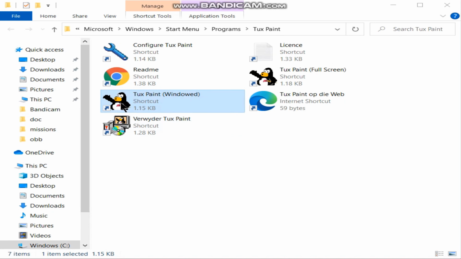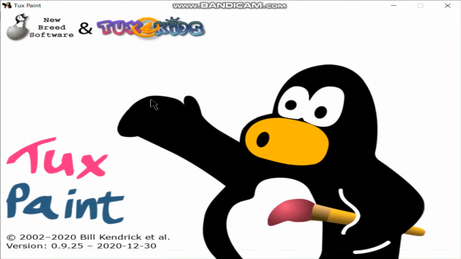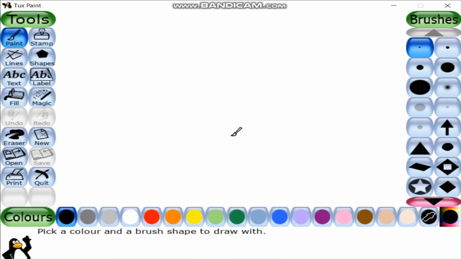Children, the Tux Penguin is the app icon of the application TuxPaint. When the TuxPaint loads first, a title screen appears. Once loading is complete, press any key on your keyboard or click on your mouse to continue. Otherwise, the title screen will go away automatically in 30 seconds and the main screen appears.